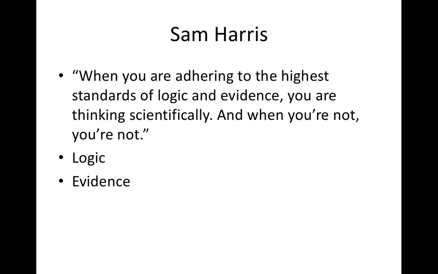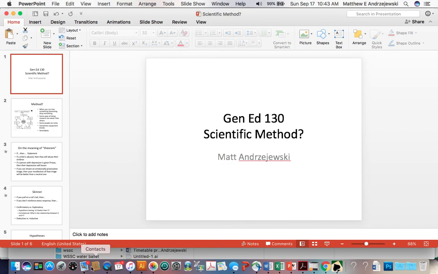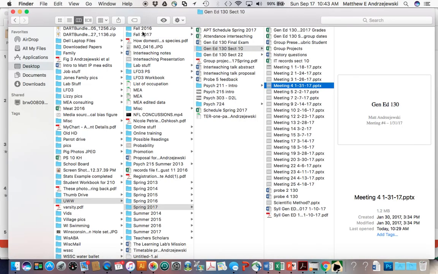And if you're not doing those things, you're not thinking scientifically. So I think that's where we want to be. The things that we want to consider in the social sciences and for the remainder of the course is, are we using evidence and are we using it logically? So hopefully that gave you a sense of what I wanted you